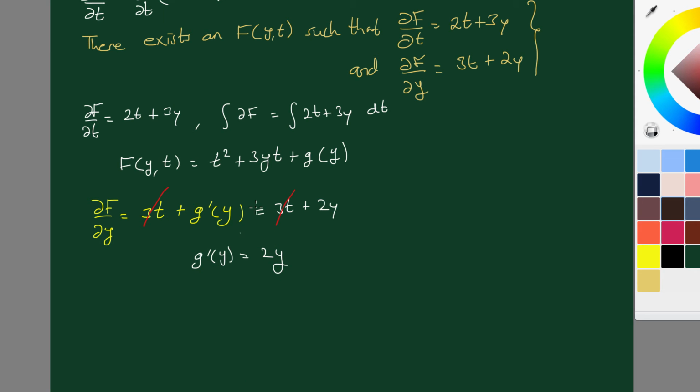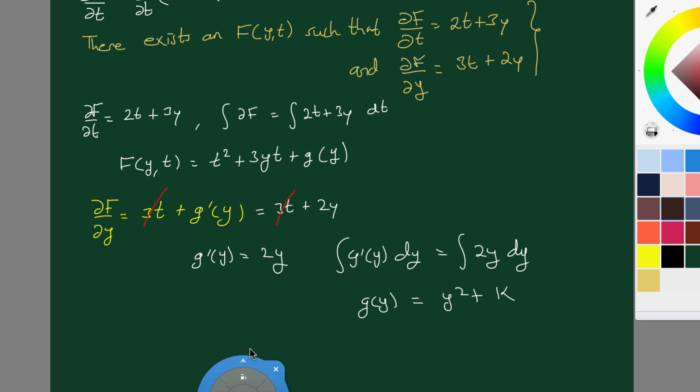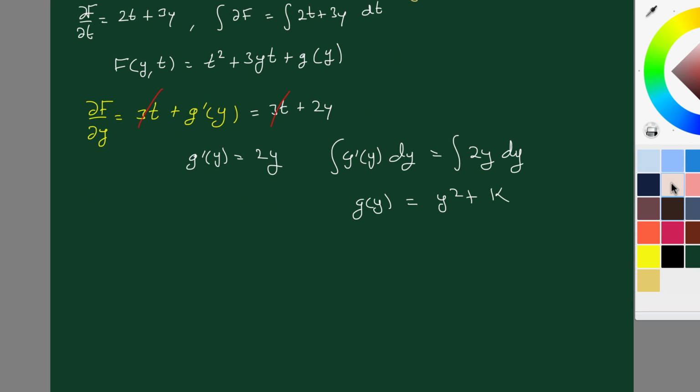Now we integrate both sides and we find that the integral of g prime of y dy is equal to the integral of 2y dy. We're integrating both sides here in order to get g of y. Once we know what g of y is, we can complete the solution. So g of y is equal to y squared plus a constant, so g of y is equal to y squared plus k. Now that we know what g of y is, we can go back and say